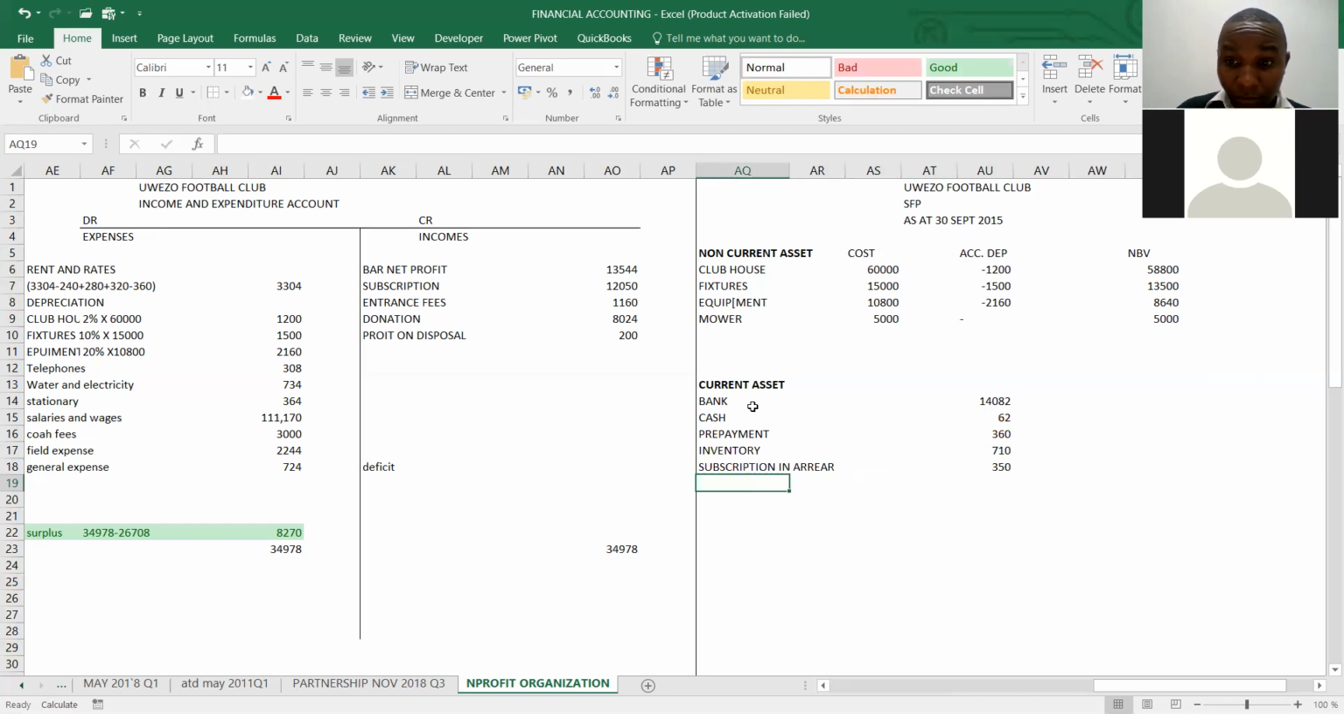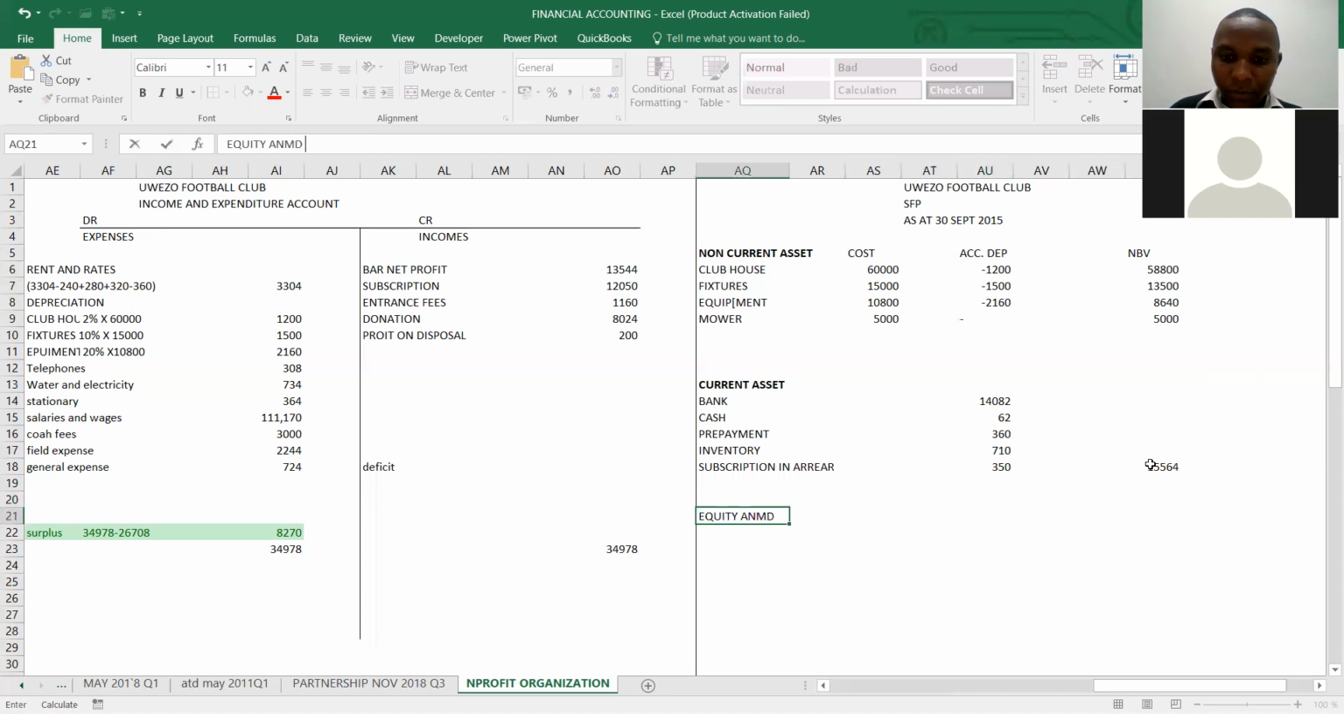Hizi current assets zilikuwa nyingi. Do we have anything else? No. So, tutajua kama itabalance, tutajua ni gani tumeacha. So the total value will come here. It will be 14 plus 62 plus 360 plus 710 plus 350. How much? 15,564. Then we go to the capital,